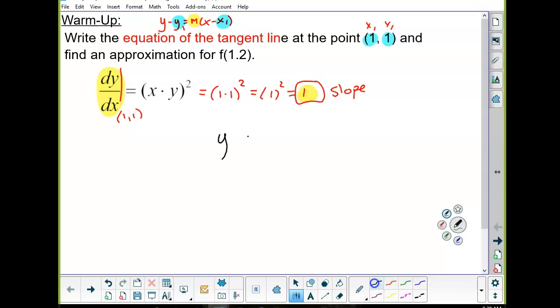And then we are going to write the equation of the tangent line. We know x1, y1, which is the point, I plug in 1, 1. And technically, you could stop there. That's your equation of the tangent line. However, it asks us to do one extra thing. It says approximate